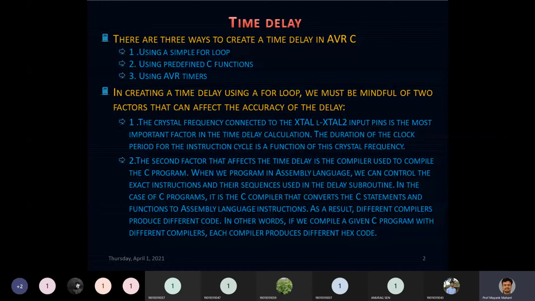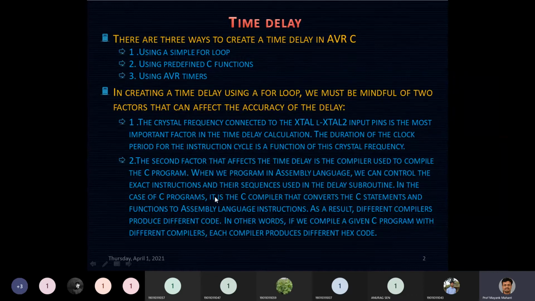That means whatever program you have written must be converted into a language which is understood by a microcontroller. We all know that a microcontroller can understand only the language of 1 and 0. That is what we call machine level language. So this compiler is nothing but a piece of code, or a kind of program, which converts our C program into a machine level program.